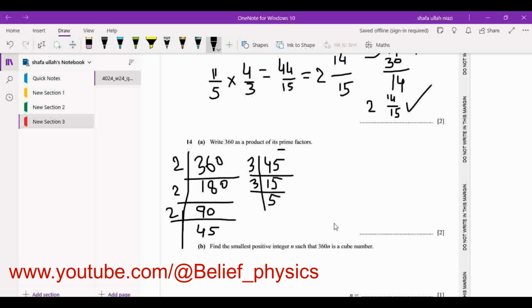So the answer should be 2 times 2 times 2, that is three 2's, and then we have 3 times 3 times 3 times 3, and then we have 5. That's it. Next is